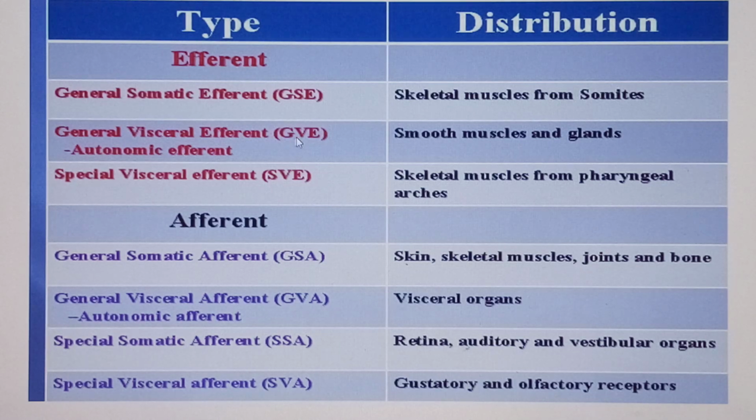This one, you also learn, is known as the parasympathetic column. This general visceral efferent, we have written over here as autonomic efferent. Precisely, it is the parasympathetic column. And therefore it will be supplying sphincter pupillae, not dilator pupillae. Be careful, because in some questions you may see dilator pupillae. You don't go for that one, because dilatation of the pupil is by courtesy of the sympathetic nervous system, and we've taken that one out. So the smooth muscles: sphincter pupillae or constrictor pupillae, and of course the ciliaris muscle,